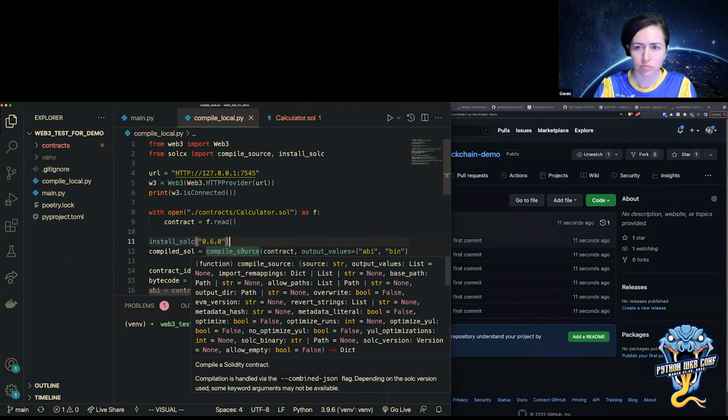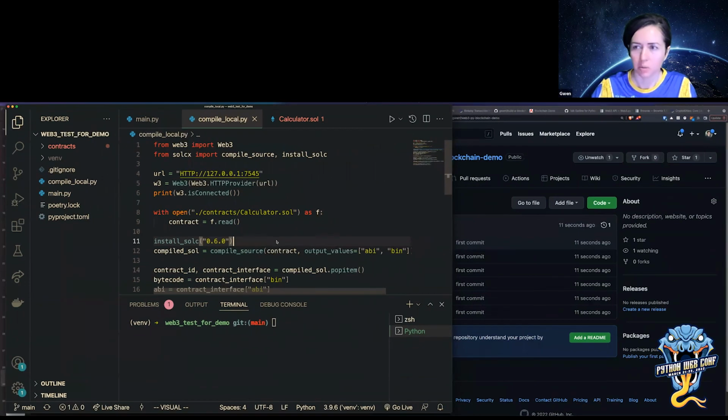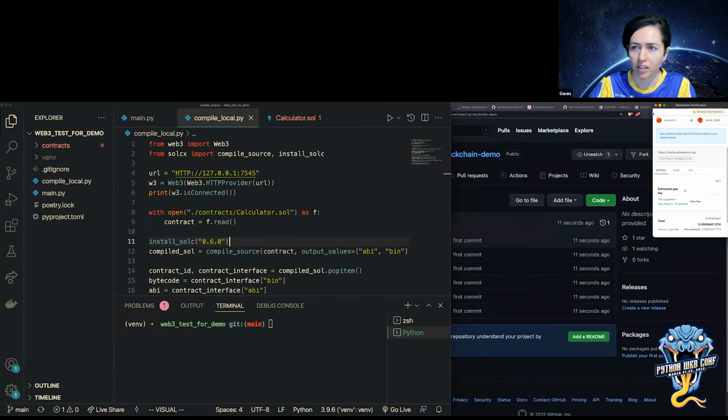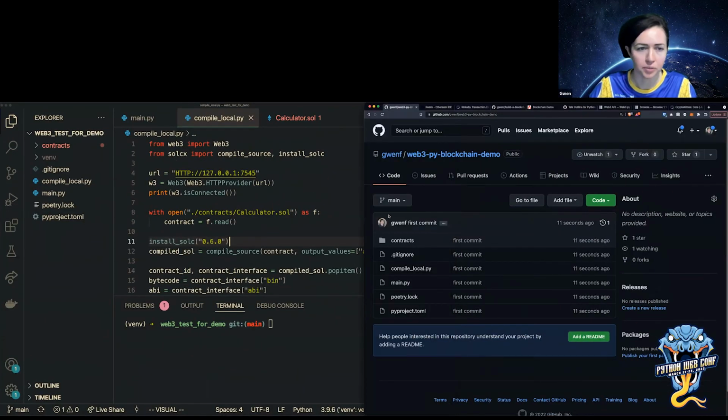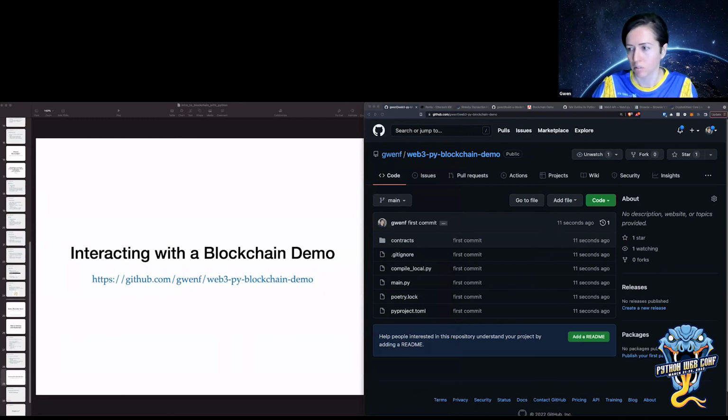So I want to, oh, why is my MetaMask open? I think I just ignored a transaction before. So I want to go into a different folder.